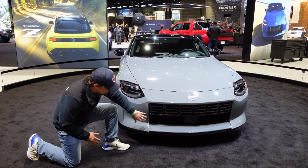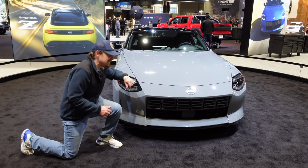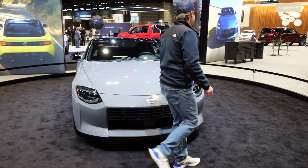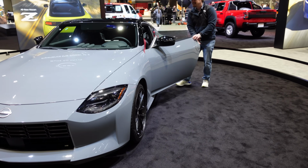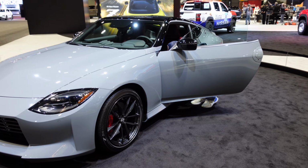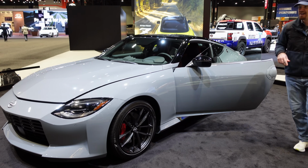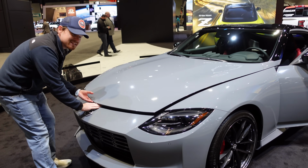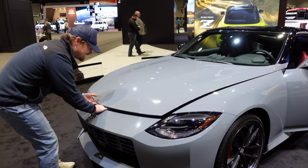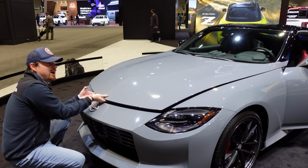But what I will say, a very functional opening here for cooling to the engine. I'm actually going to come around here and pop the hood and show you exactly what it is underneath the hood of this 2023 Nissan Z. And this right here is what makes this thing so special compared to, oh my goodness, compared to options from